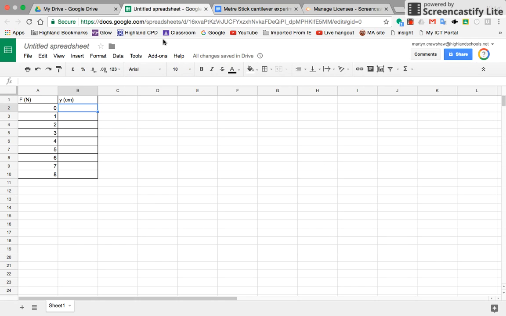I've set up the spreadsheet just here by putting in different forces. I'm just going to paste in the results that we had, which were taken as measurements. So that's the first bit there. Now you can